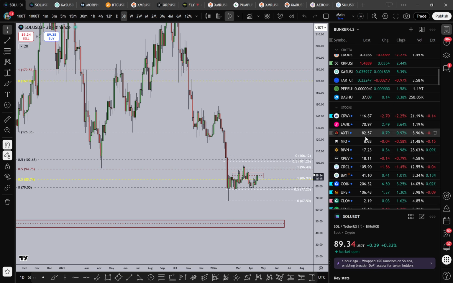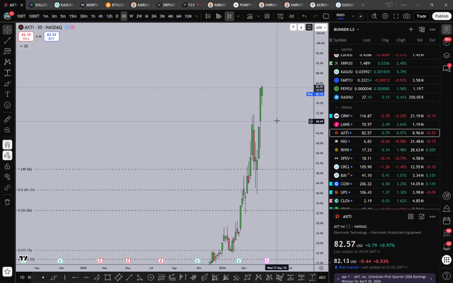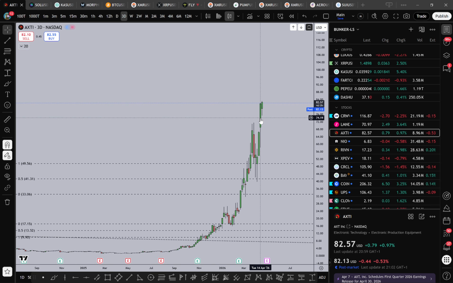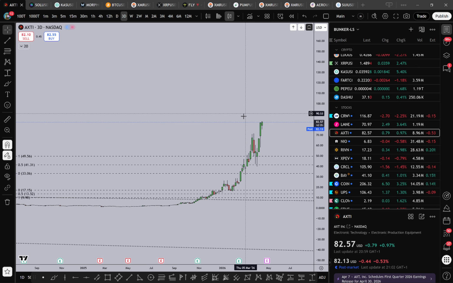It's here somewhere. There. And like I said, the reason I sold isn't because I think the top is in. It's simply because it was a lot of money. Relative to how much I put in, it's like 300 and something percent. I hadn't taken a single cent up until this point, and I'd rather sell into strength when I haven't taken any profits. Yes, I'm going to be salty if it rallies to 160 and I sold too early, but I don't care, because realistically, if you look at where the markets are right now,